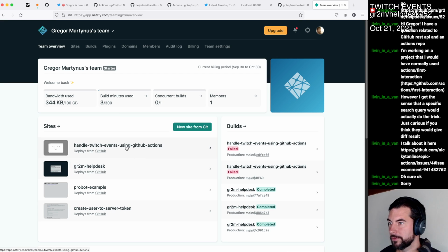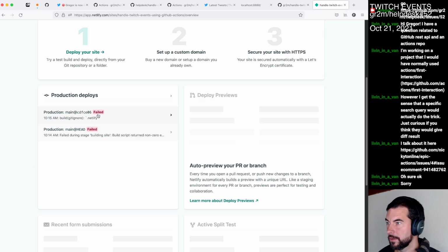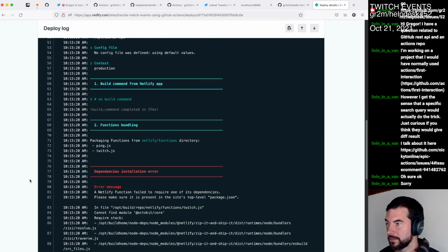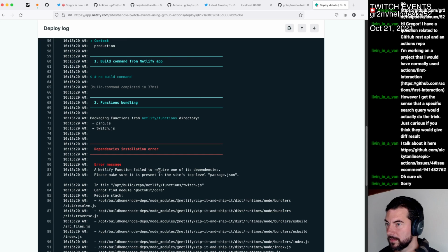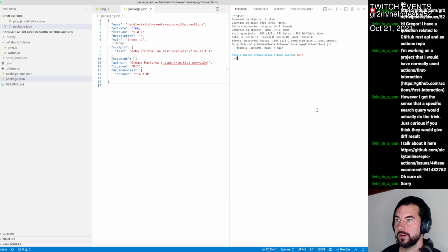So we have the app here now in my Netlify app. But the deployment failed. Why did it fail? Oh, okay. I already have the code basically for my next step, and it's failing because it just verifies that I have all the dependencies. So I'm just going to install it, which is